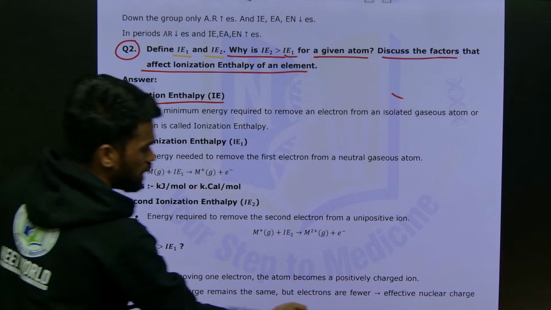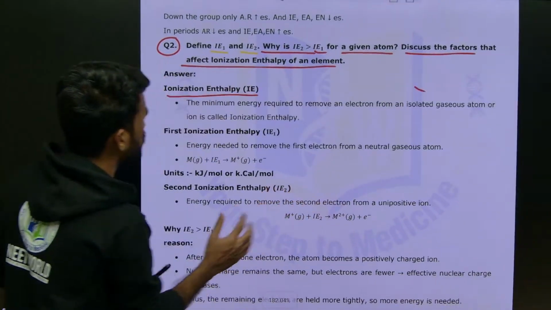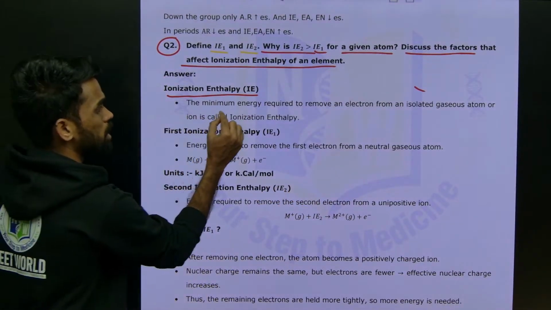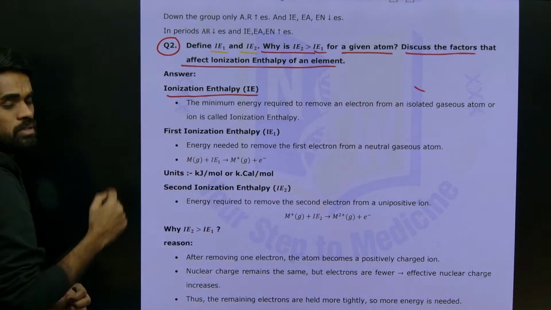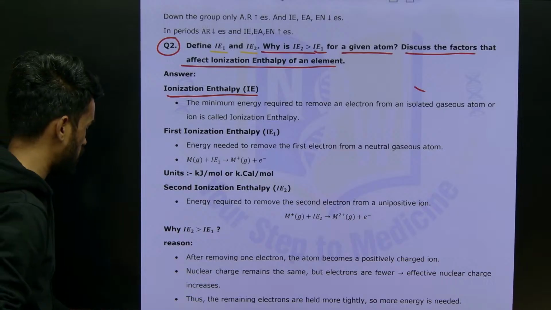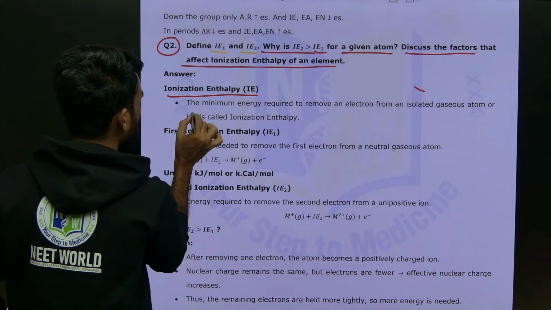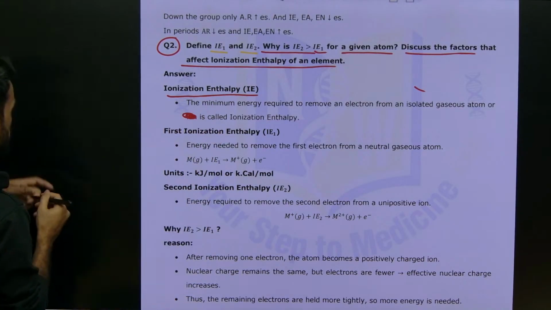What do we mean by ionization energy? See what it says here. The minimum energy required to remove an electron from an isolated gaseous atom is called its first ionization energy. Okay, so what I am saying is the minimum amount of energy, see for example, if this